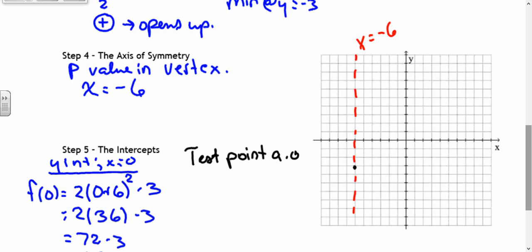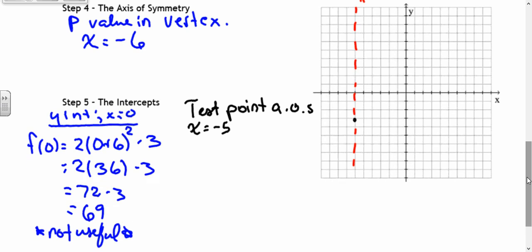So A, O, S. Now the point I'm going to use is going to be the one to the right of the axis of symmetry. So x is equal to -5. You could choose any number as long as it's to the right or to the left. We only need to do one because we're using the axis of symmetry. So it is very useful in that regard. So scroll down. We are testing f at